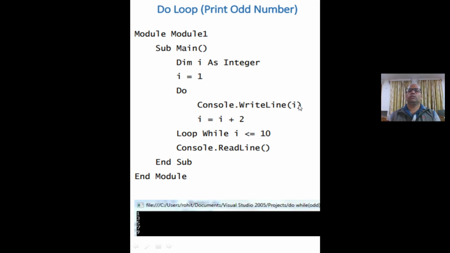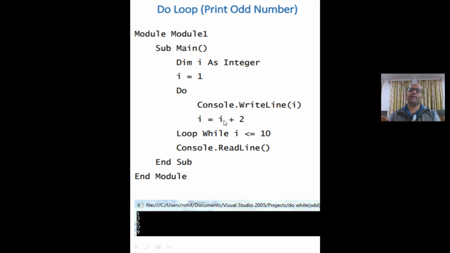Now the do loop executes again and Console.WriteLine(I) prints the value 9 on the console output screen. Then the next statement executes, 9 plus 2 equals 11.